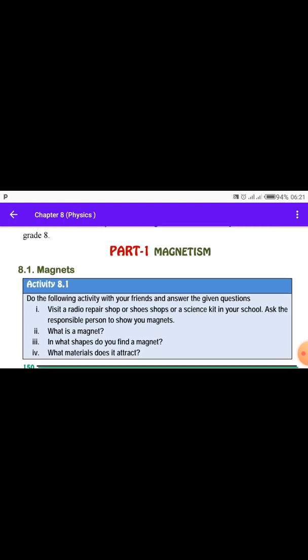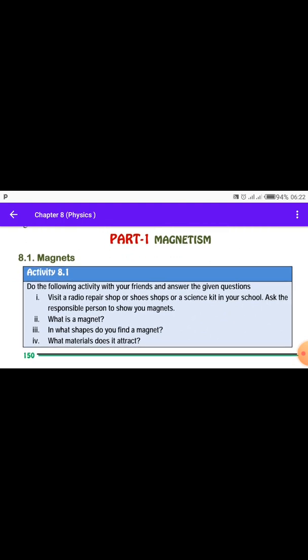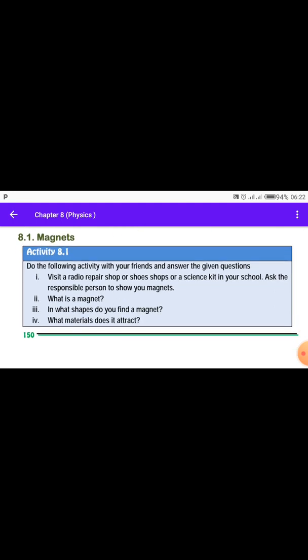Activity 8.1: do the following activity with your friends and answer the given questions. 1. Visit a radio repair shop or a science kit in your school. Ask the responsible person to show magnet. So ማግኔትን እንዲያሳያችሁ ሄዳችሁ ሪፔር የሚያደርጉ the repair shop of the radio ስፒከር ላይ የሚቀመጡ ስፒከር ላይ ምን